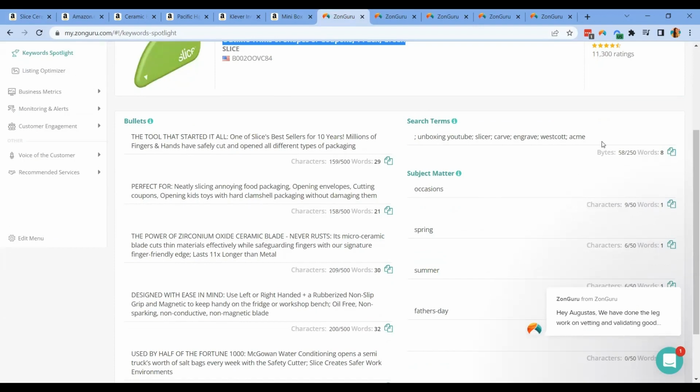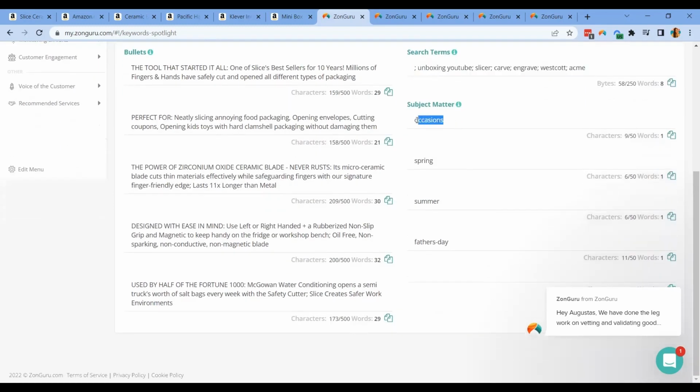For the search term, you have a maximum of 249 bytes, and they didn't maximize here, but they were able to add more keywords on the subject matter, which is for occasions, for spring, summer, and Father's Day. So they are targeting mostly this type of product to Father's Day.